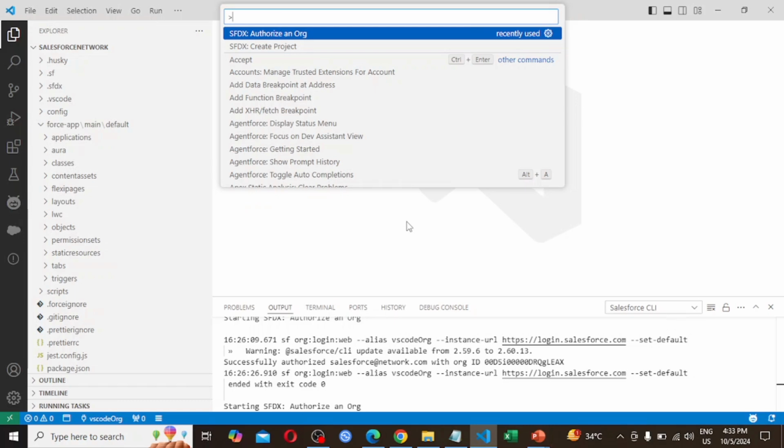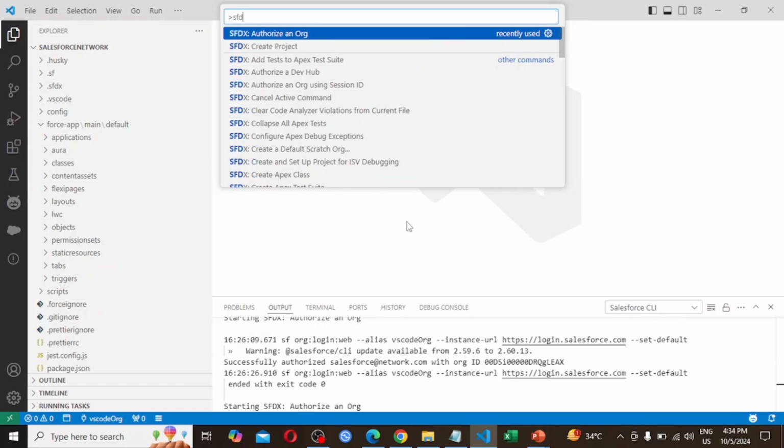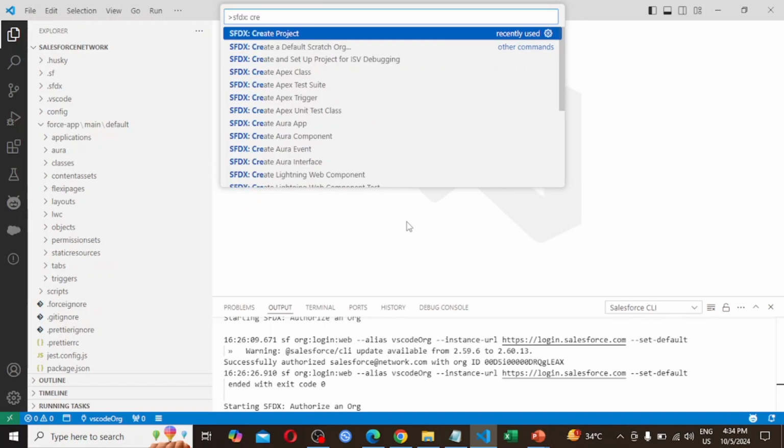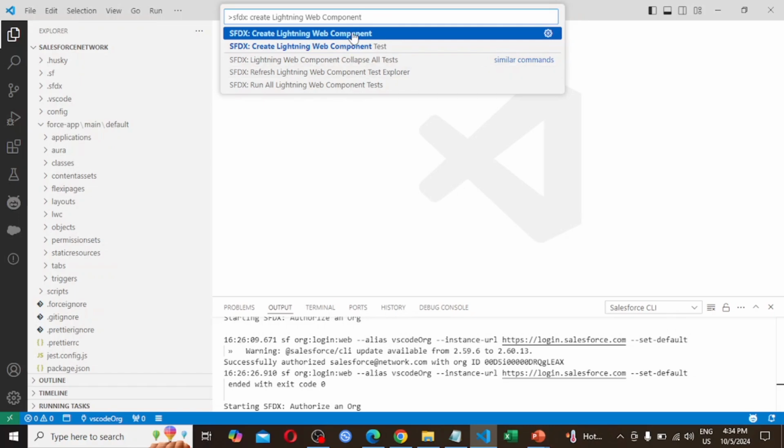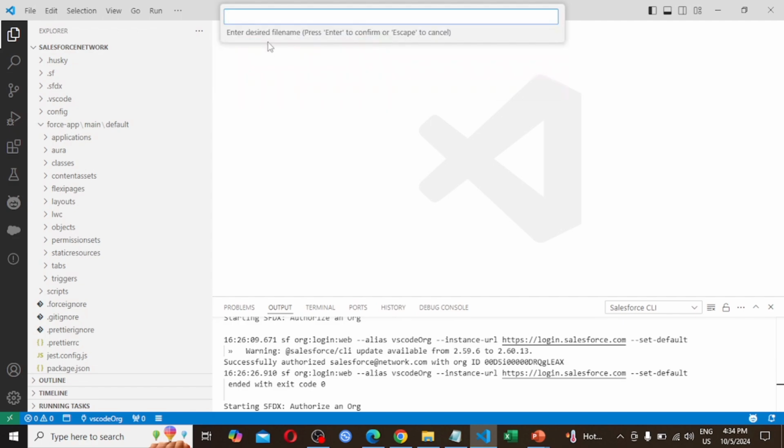So for Windows, Control Shift P, for Mac CMD Shift P. Here we can either search for SFDX Create Lightning Web Component, or we can choose it from the drop down. So click on this, enter desired file name.